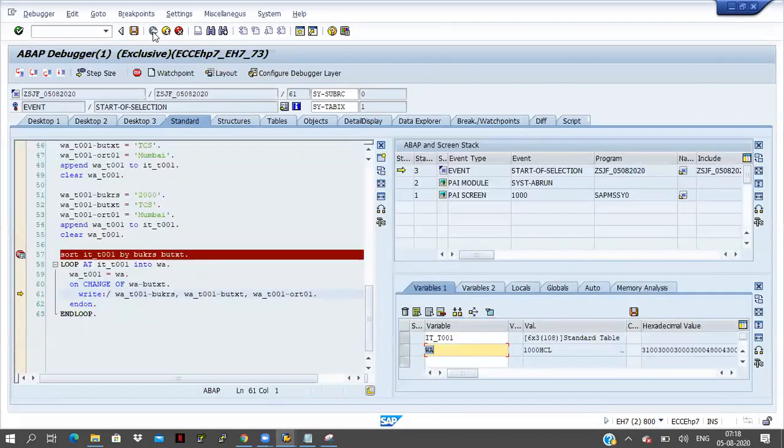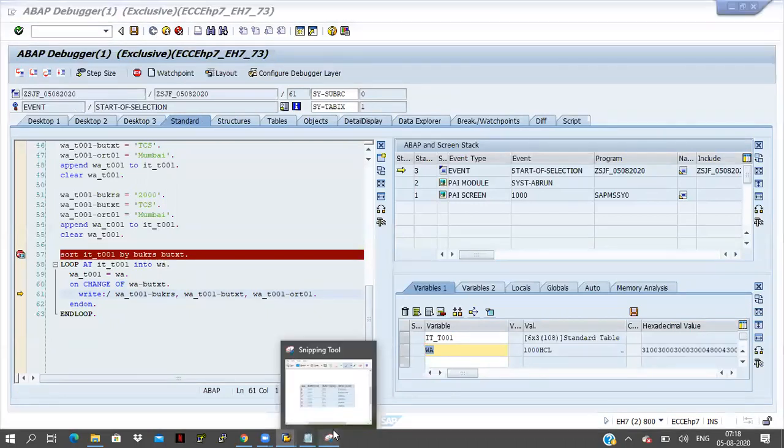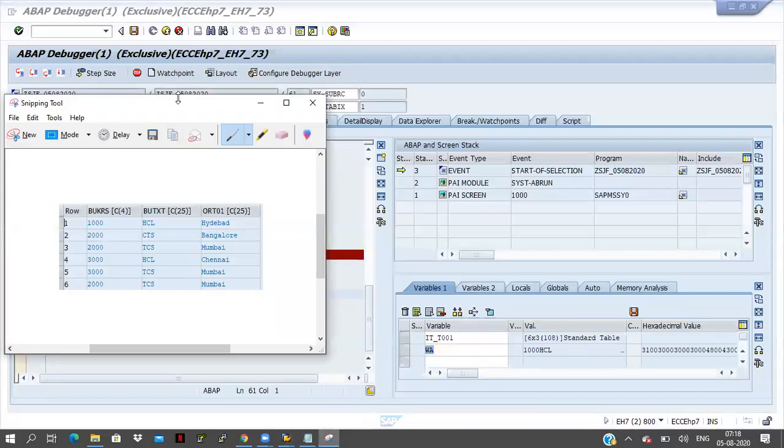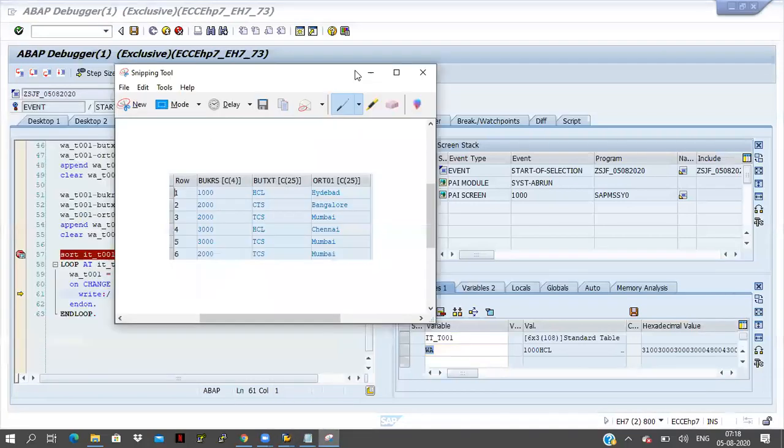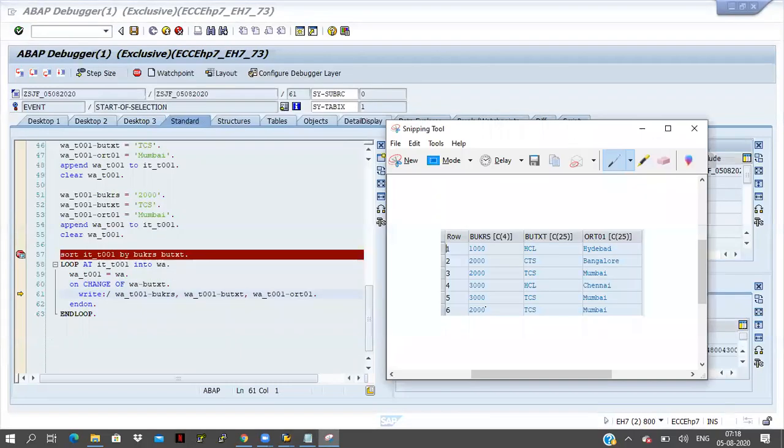That is applicable for only at new. And here, this is the first record of the internal table as well as first record of the block also.